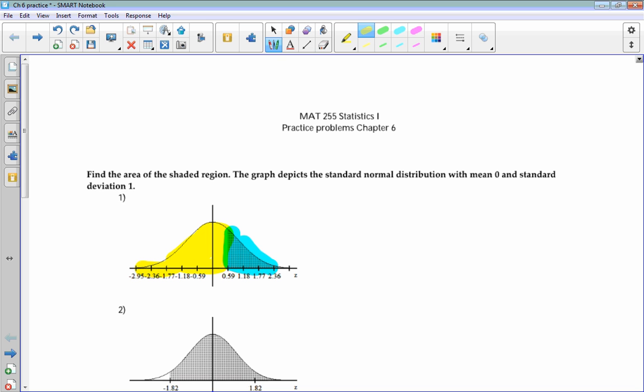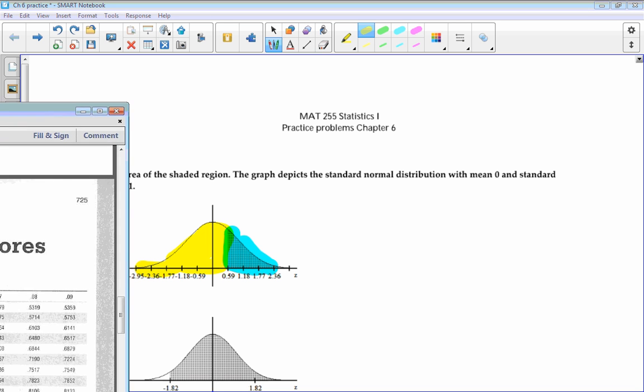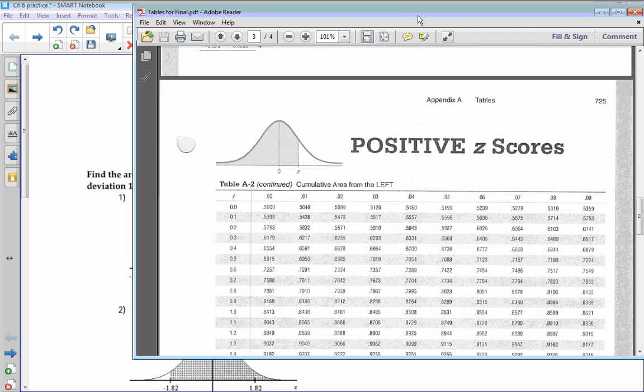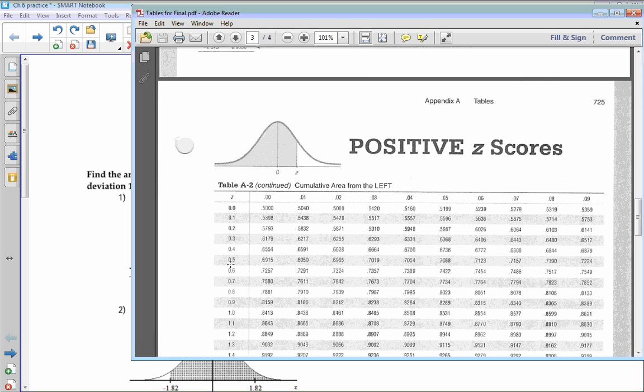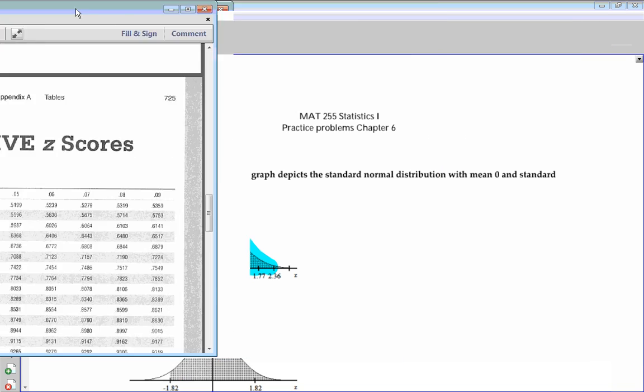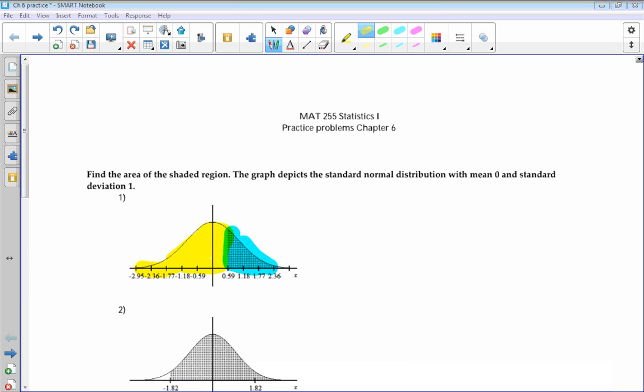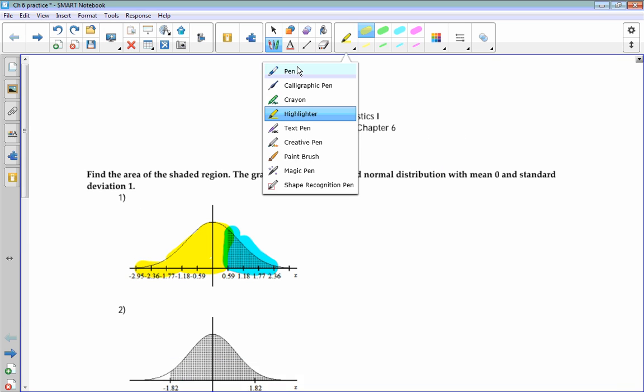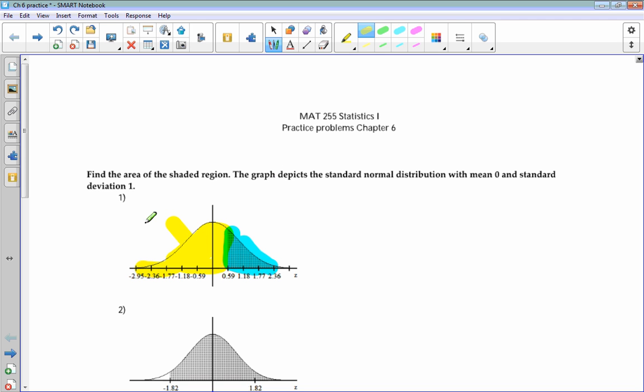And let's pull up that table. It is a positive z-score of 0.59. So at my table, I'm going to come here to 0.5 and then come all the way across. And 0.59 would be 0.7224. So remembering that it's here,